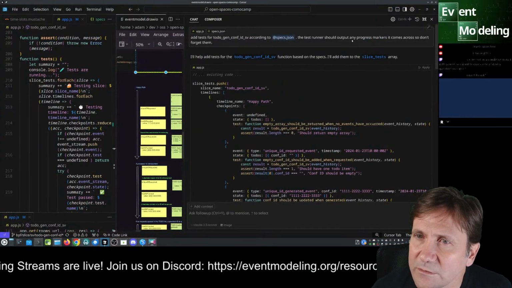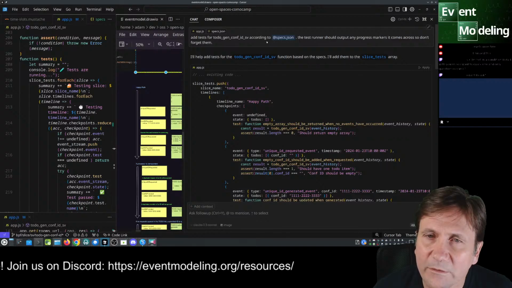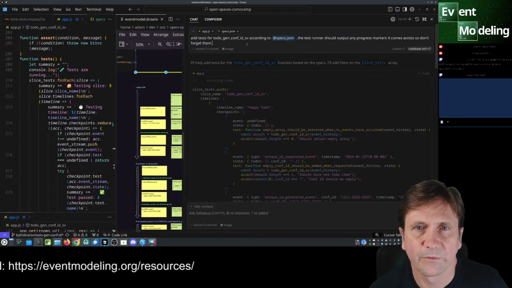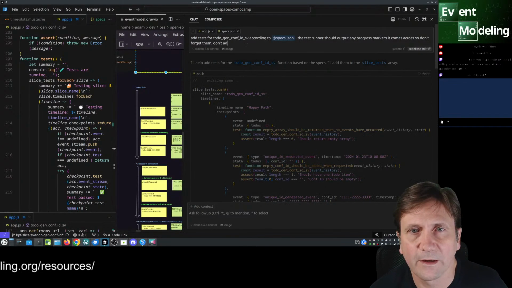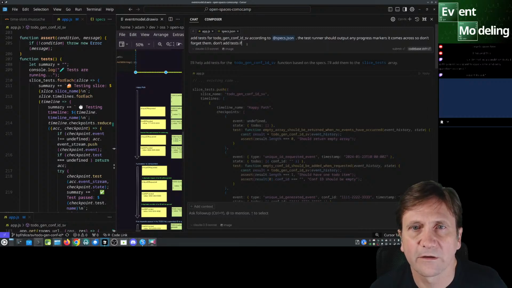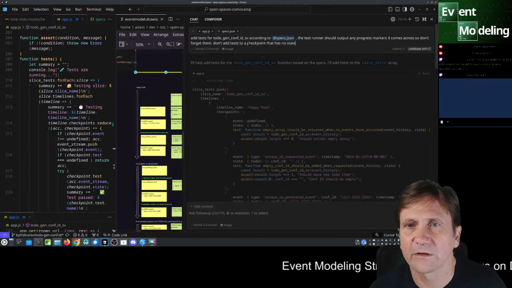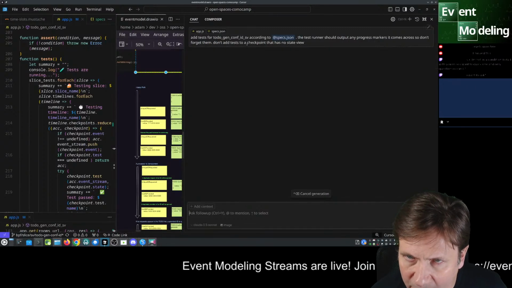Add test: the test runner should output any progress marker. Okay, yeah. Don't add tests to a checkpoint that has no state view.